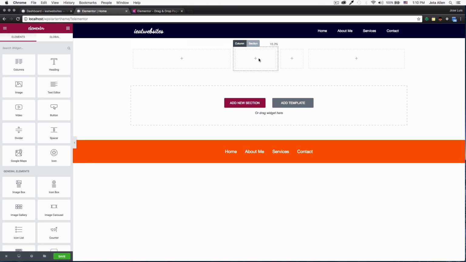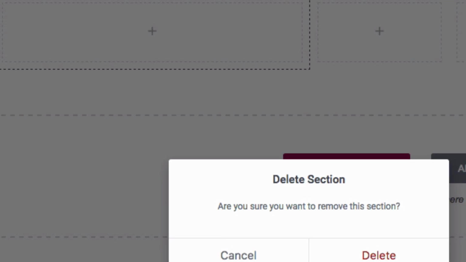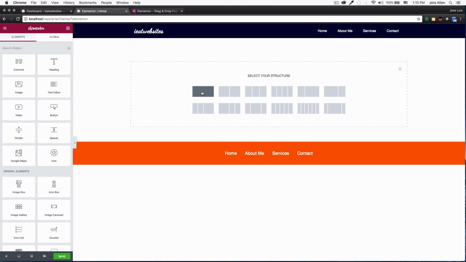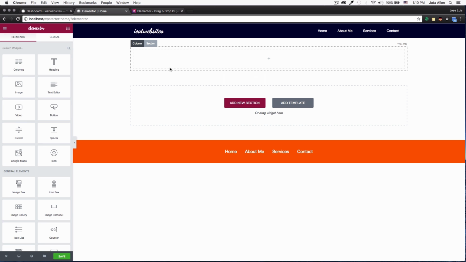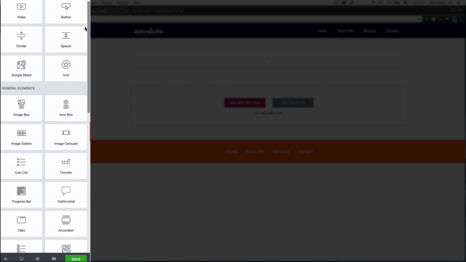All right. So for now, I just want one column. So what I'm gonna do, I'm gonna remove the whole section. I'm gonna click on the section, click on remove, delete, and that's it. All right, so I'm gonna click add new section, only one column right now. That's it. I am going to click there and you will see all the options, all the modules or elements